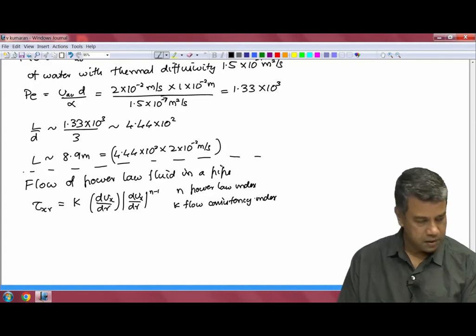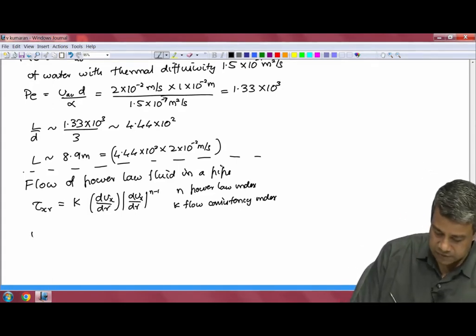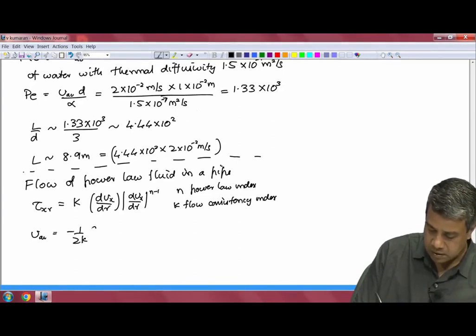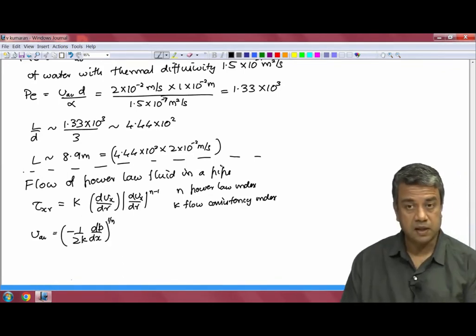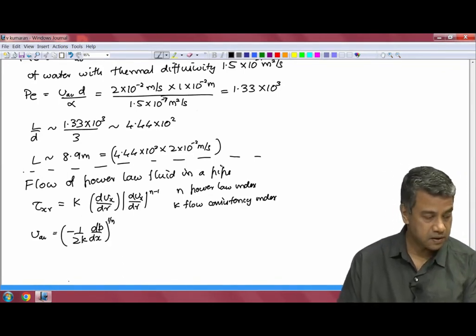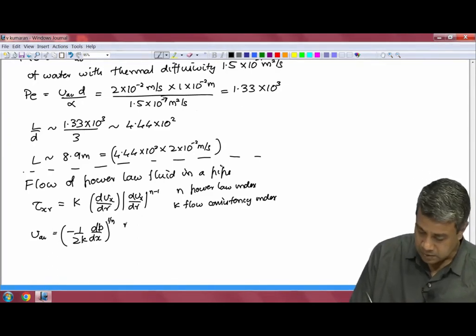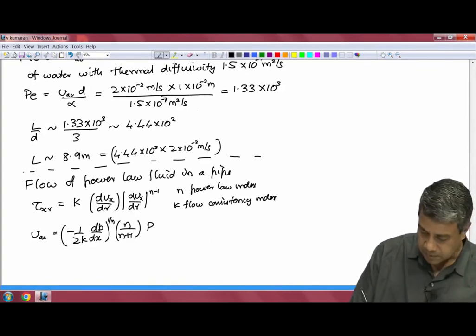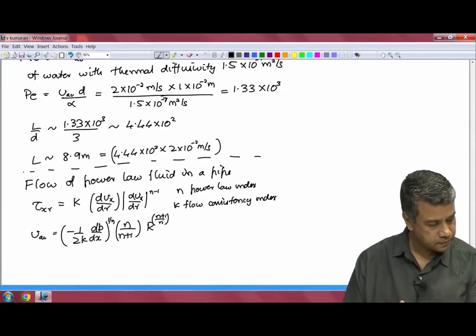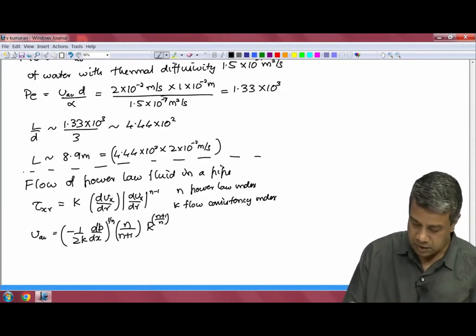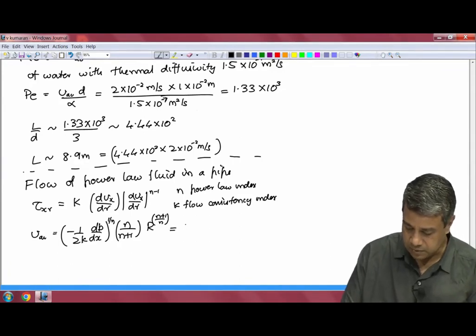And for that we had got the average velocity as minus 1 by 2 kappa dp/dx, whole power 1 by n. Note that dp/dx was negative in this case. You can go back and refer to that, into n by n plus 1, into r power (n plus 1) by n. And if I express r in terms of d by 2, I will get minus 1 by 2 kappa